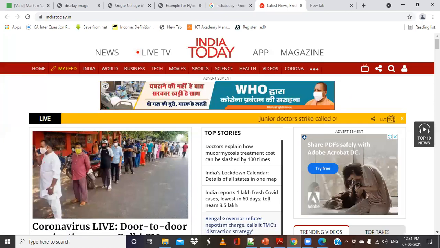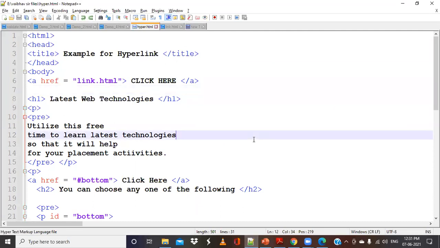So for that, there is another option that we have to use. In the same hyper.html, I have created another paragraph: utilize this free time to learn latest technologies so that it will help for your placement activities.